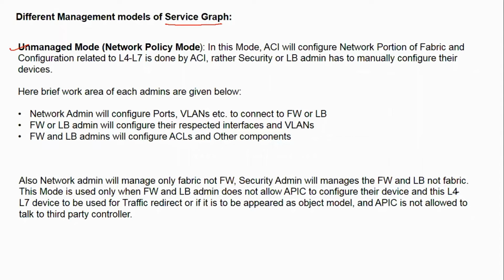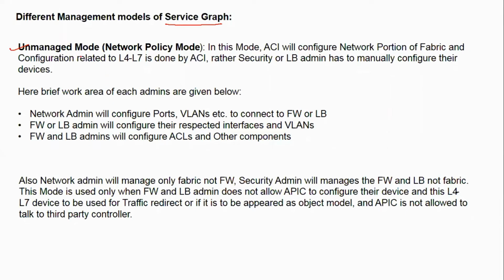So let's suppose you want to connect a firewall or a load balancer to your leaf. How will you connect to your leaf? There will be an IP address, a bridge domain, and an EPG that has to be configured on ACI. But the security policy you want to configure, how your load balancer is going to load balance your traffic, what the load balancer algorithm will be, whether SNAT or auto NAT will be done, all this specific device configuration will be done on the devices. It will not be done by ACI, but by the network and security admin or load balancer admin on your device.